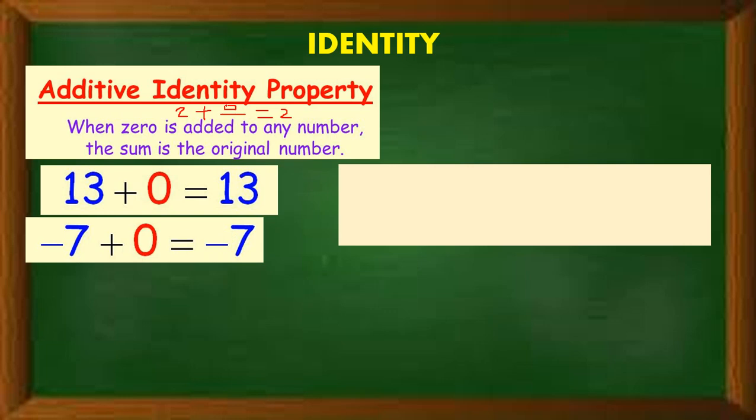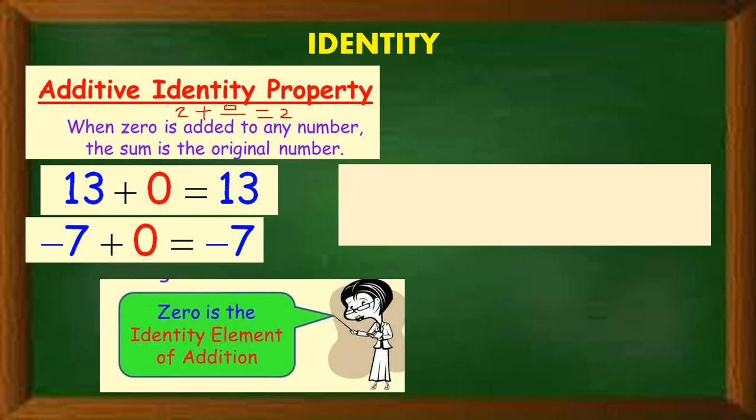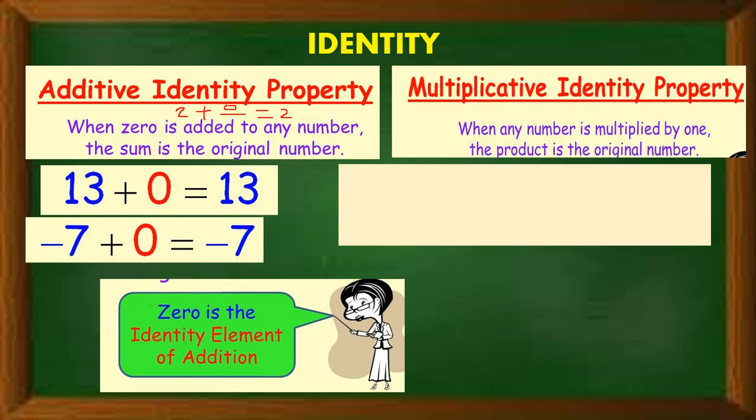So here what we are getting: 0 is the identity element of addition. By adding 0 to any number we get the same number, or we can say the original number. Similarly in the multiplication case, when we multiply any number and we want to get back the same number, what do we have to multiply? We know that 4 ones are 4, 5 twos are 10, but we have to get the same number. If we are taking 4, we have to get the same number 4.